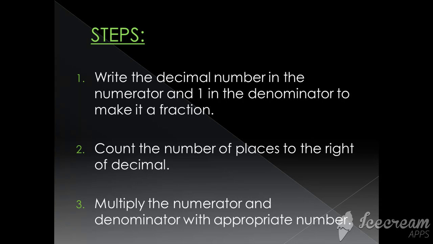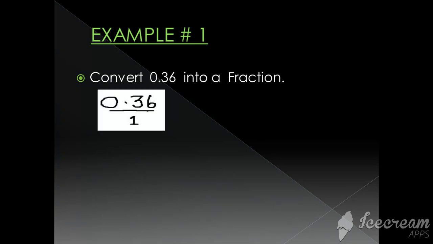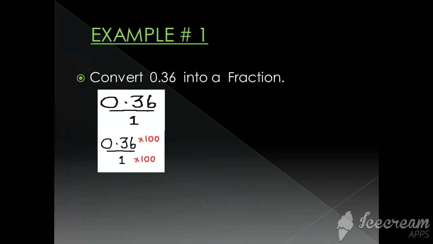So let's elaborate with examples. Example number 1. Convert 0.36 into a fraction. Now what was our first step? That we have to put 1 in the denominator place, so it would be 0.36 over 1. Now our second step was that we have to count the number of digits after the decimal. There are two digits, so as I told you, we multiply by 100, so both the numbers multiply by